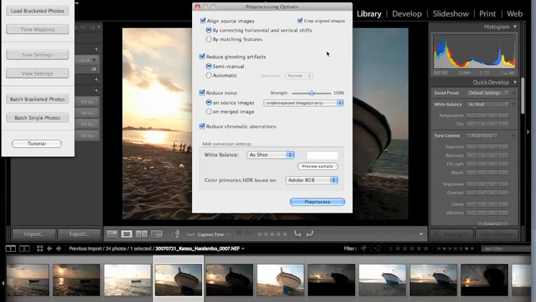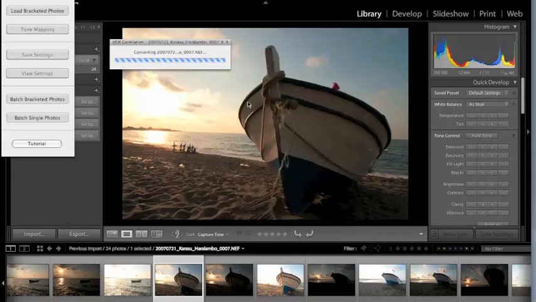If there is only a couple of moving objects in the images, for instance a car or a person, or in this case a flag and an extension of a rope, it is better to perform semi-manual, where you can define the moving object and then choose only one reference image for this defined area. So therefore we here choose semi-manual and say pre-process, and this will go through the initial conversion and will perform